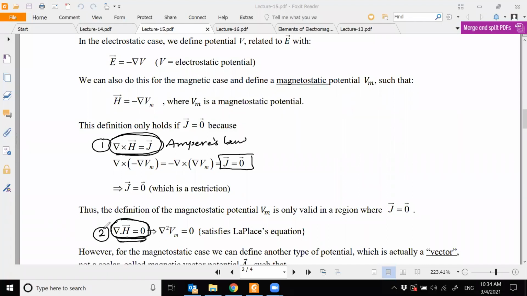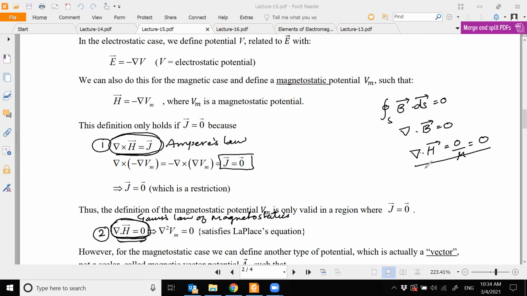Yes, can anybody tell me what this law is? It's Gauss's law. Just now we studied it. It is Gauss's law of magnetostatics: the closed surface integral of B dot dS is equal to 0, or del dot B is equal to 0, or I would say del dot H is equal to 0 over mu, which is 0. For this restriction, J is equal to 0, now if I substitute my magnetostatic potential